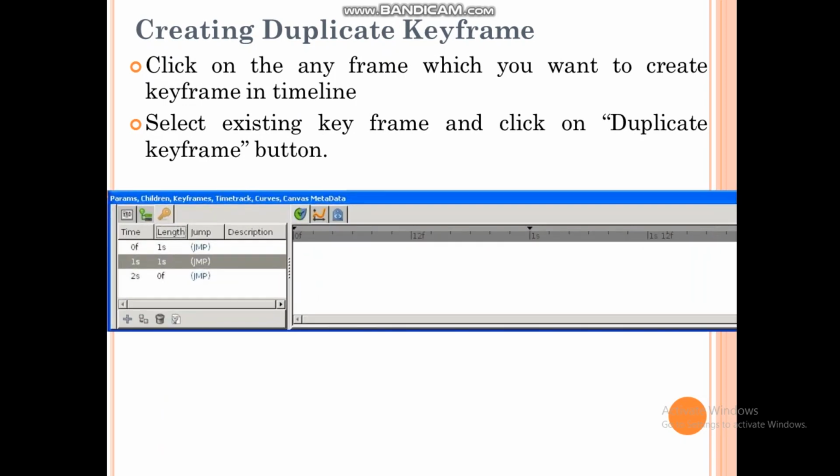Now here you can see the duplicate keyframe button is given exactly at the right side of the plus button. This is the duplicate keyframe button. So first of all you have to select any keyframe and then click on the duplicate keyframe button to create a duplicate keyframe.